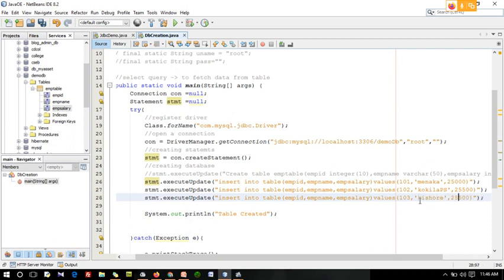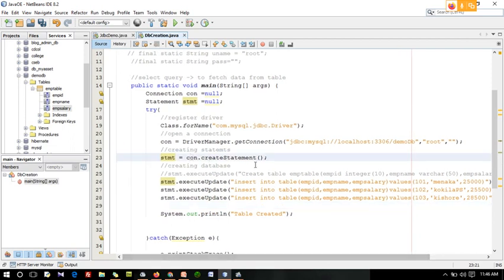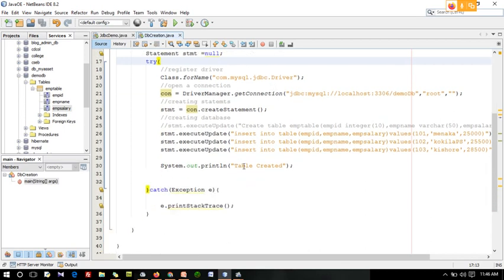This is how you can write your insert into statements. Execute update, and here you can put any message, like data inserted. This is how you can insert your data, dear students.